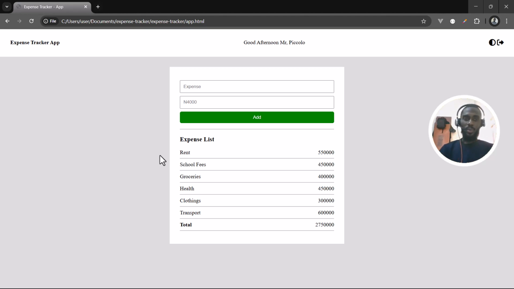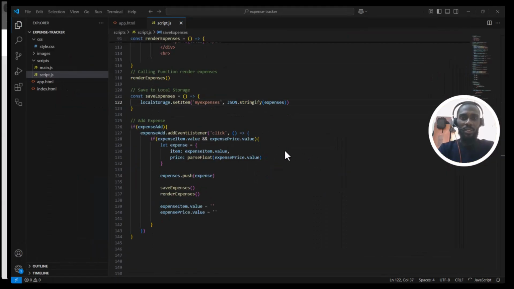So what I'm going to look at in this video is how to delete an item. Maybe there's an item inside the expense list you want to remove. So let's see how to do something like that here. We're going to update the UI of this. We're going to add a delete trash button here that's going to remove it for you. So let's go back to the